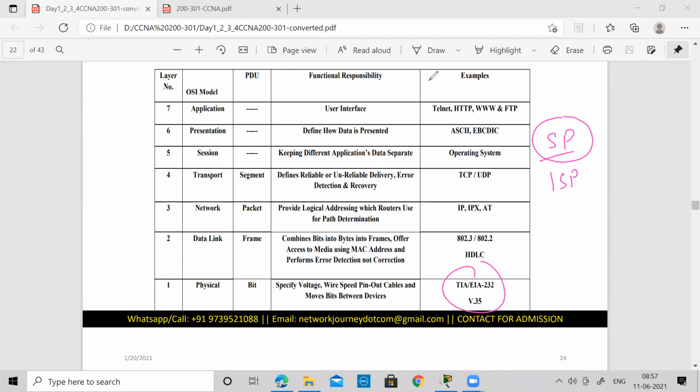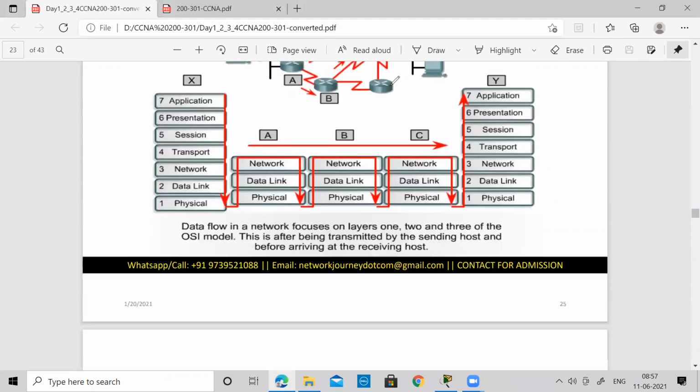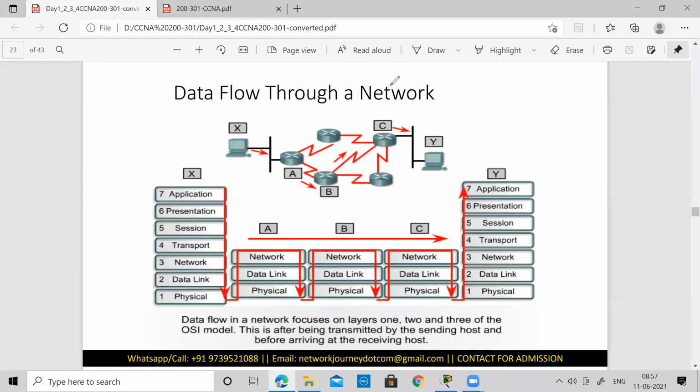Now coming to your actual topic, which is the TCP/IP protocol suite. Again, this is just a data flow, where you have a host X and a host Y sitting here. So you see all the 7 layers, and in between there are routers which are placed. Inside the router, like I discussed in the previous class, the router is a layer 3 device, so only 3 layers you should be able to see. And if there was a switch in between, then we could have only seen 2 layers.